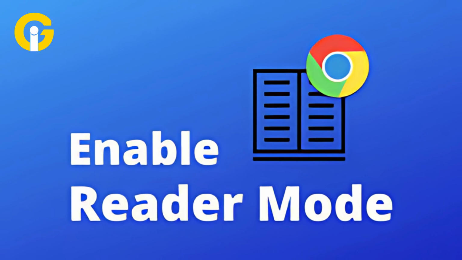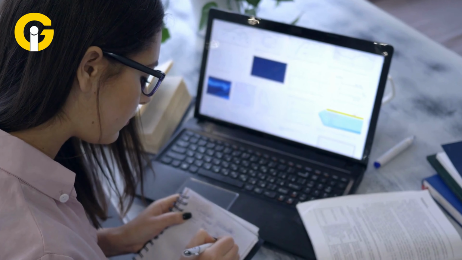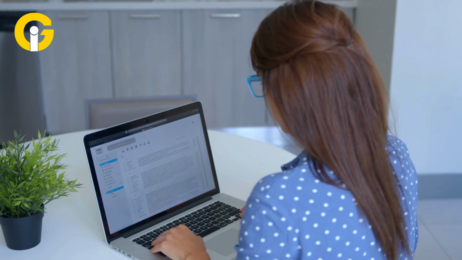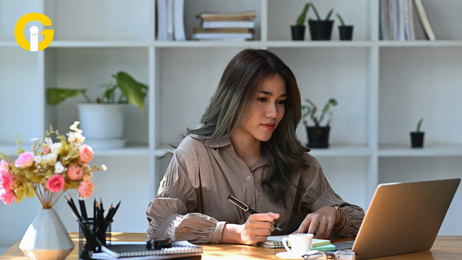Reading mode feature is designed to improve your reading experience by removing unnecessary elements. Most modern web browsers have a built-in reading mode that allows you to simplify web pages and focus on the content that matters to you the most. The reading mode feature is designed to improve your reading experience by removing unnecessary elements and formatting the text for